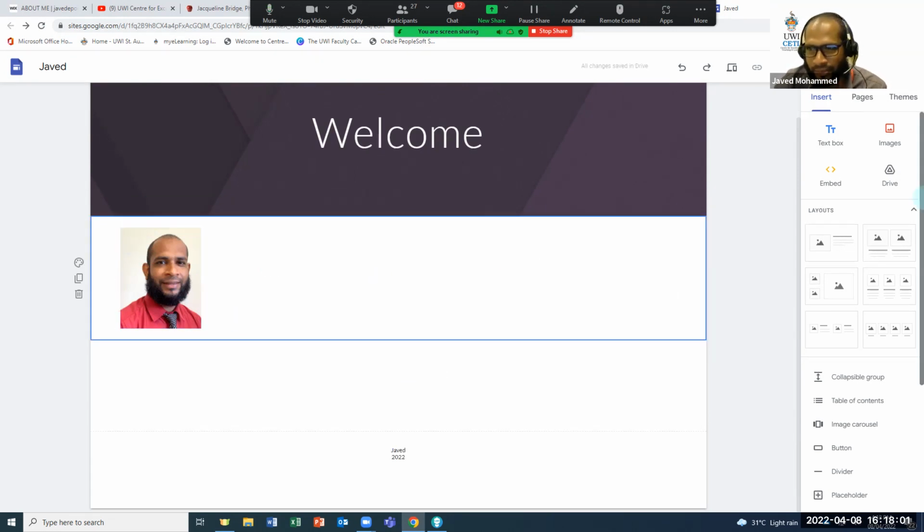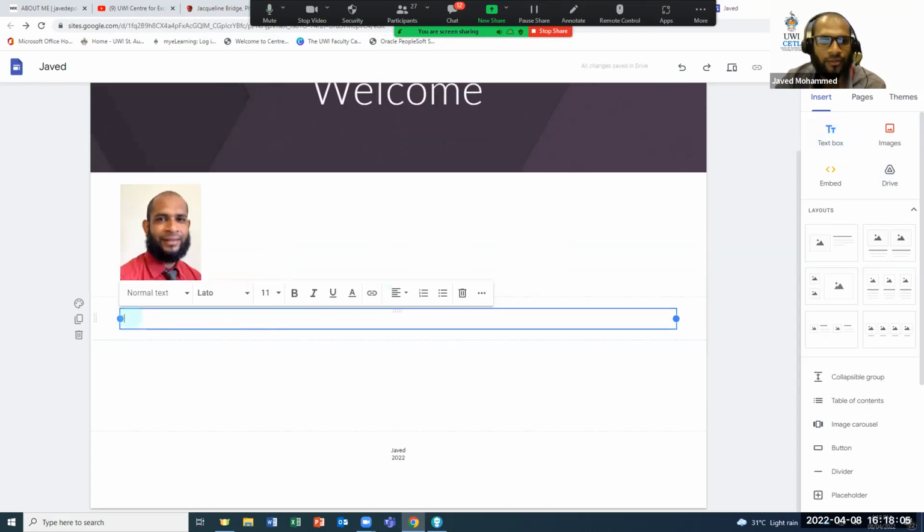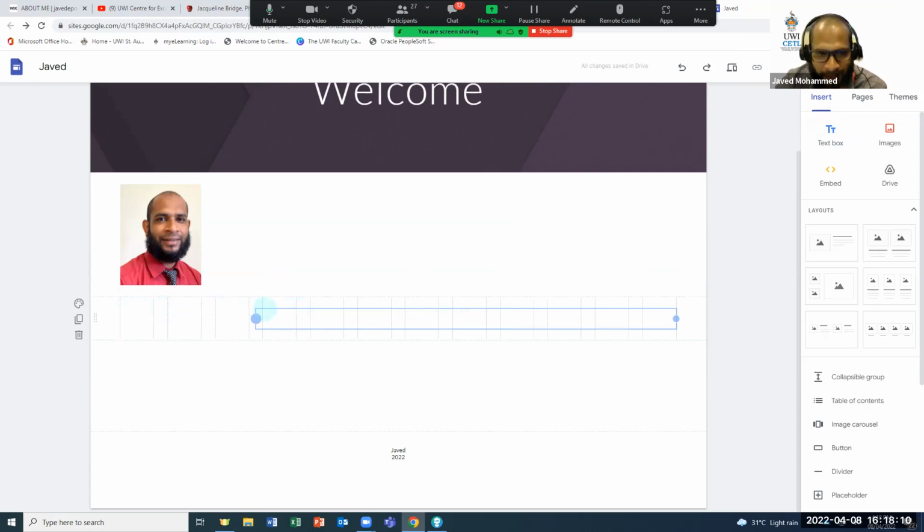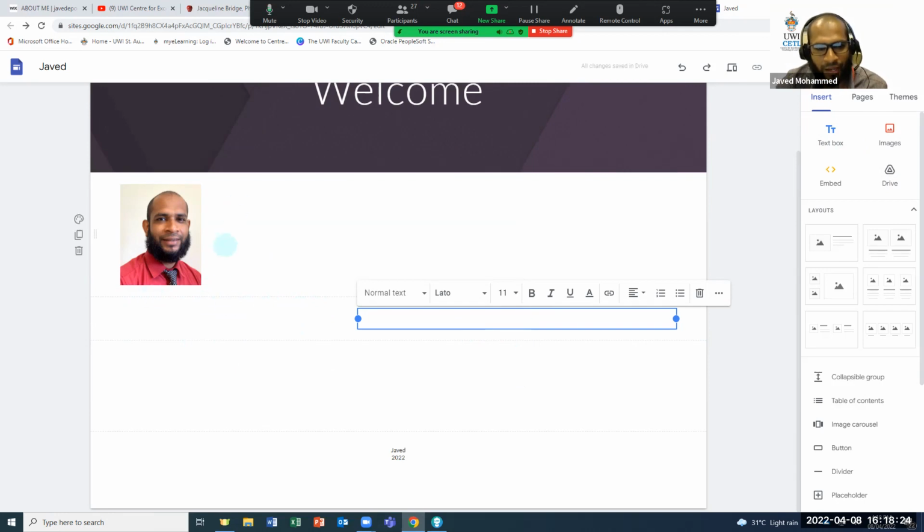Good. Now I want to add some text. I'm just going to click text box. And I can move my text box, change the size of my text box, and move my text box to different sections of my page. So right now, I don't want my text box to be in this area at the bottom of my image. I want it to be, let's say, in line. I can hover over the text box and drag it.